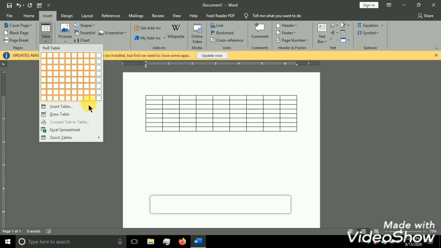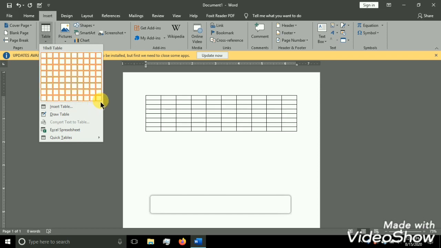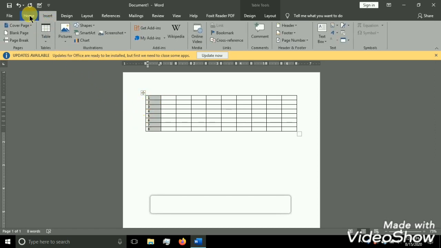If I want to add the data of 100 students, I cannot, because manually I can only insert 8 rows, but I want 100 rows. At that point we will use another tool called the Insert Table tool.